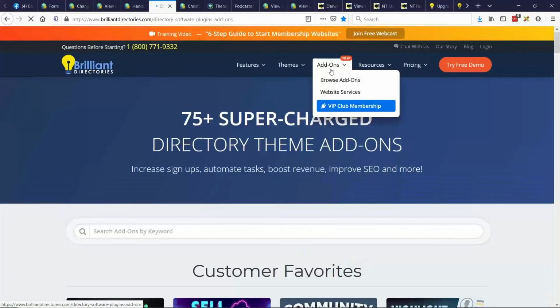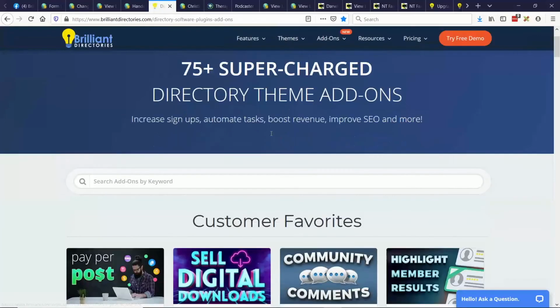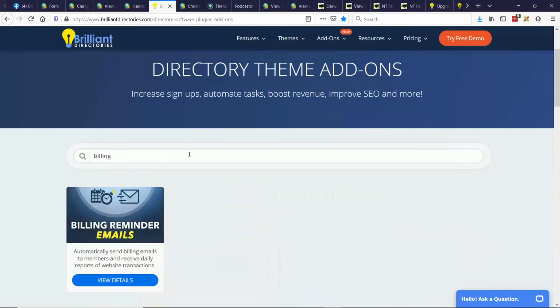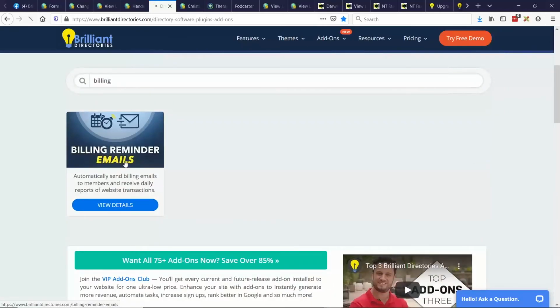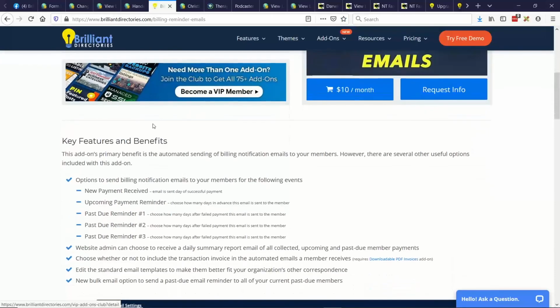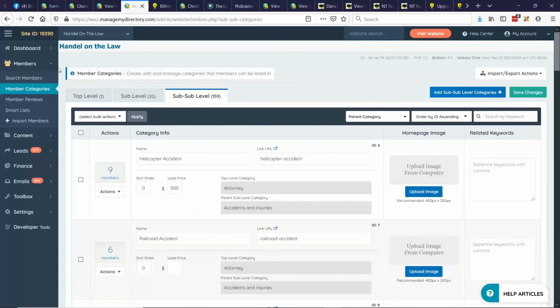What I would recommend for your clients is also to take advantage of the billing reminder emails. So this not only notifies the member when they're past due that they should come back and update their card on file, but it also CCs you. It gives the admin owner a daily or weekly summary of who's past due. So you'll get a list of people who have had their third email reminder. Now it's 15 days later, and the website owner can come and do some bulk action on members who happen to be past due.